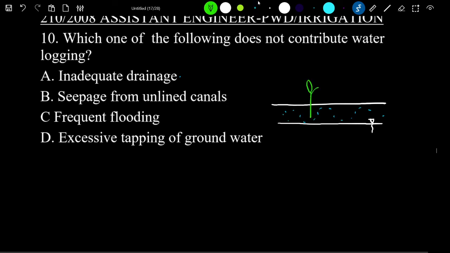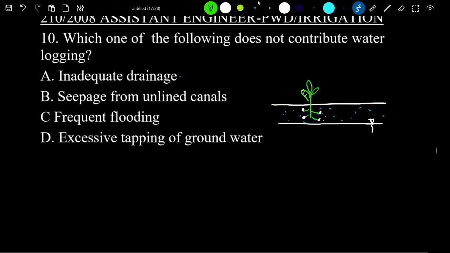So, as we all know, the plants have some aerobic microbes in their roots. So, what happens when the soil is completely flooded or completely saturated is that these aerobic microorganisms get devoid of oxygen and they die off. And ultimately, the plant will also wilt, and such a situation is what you call a waterlogged situation.